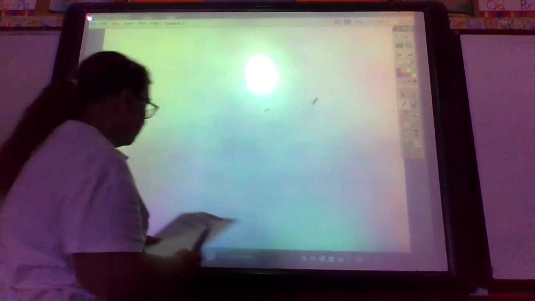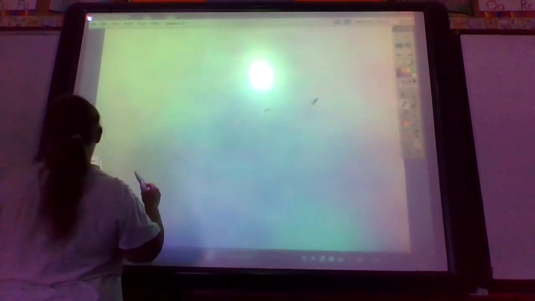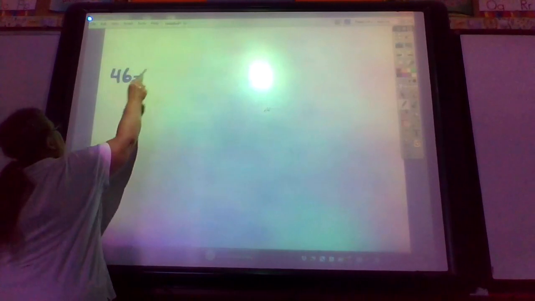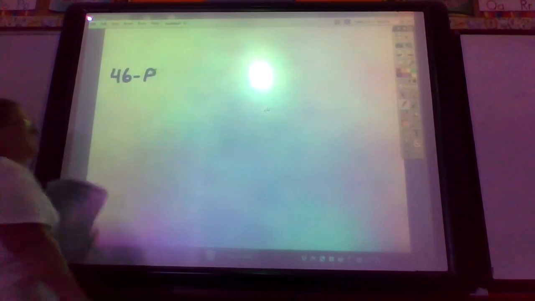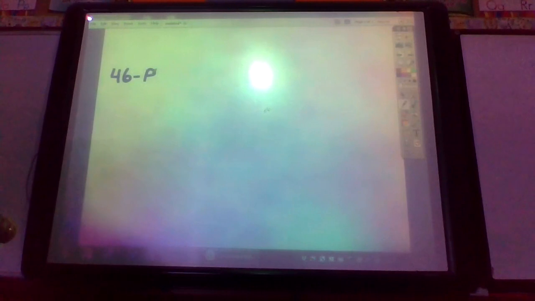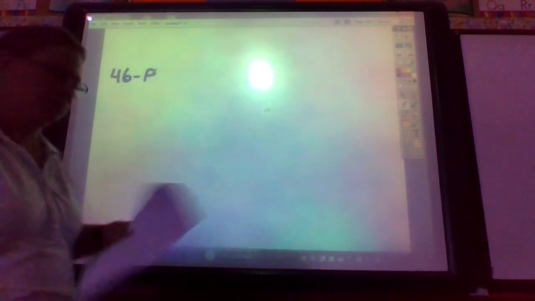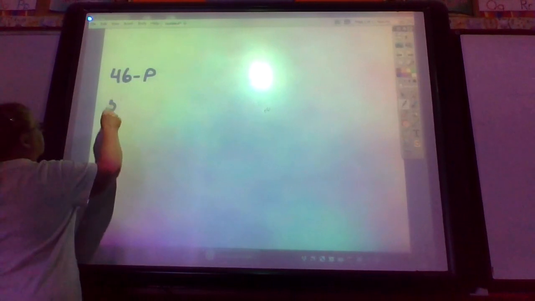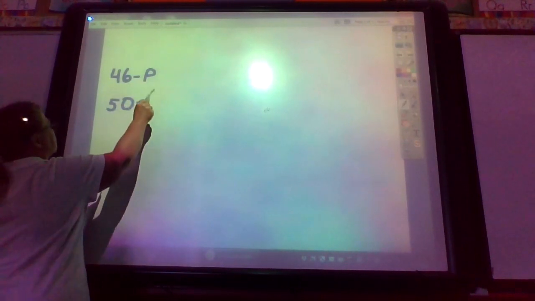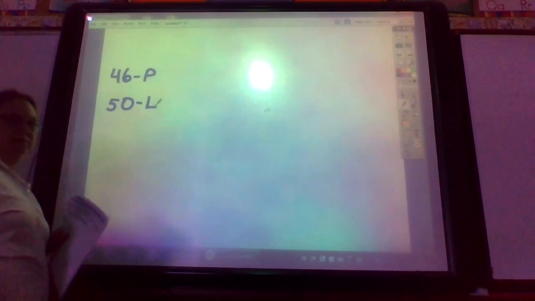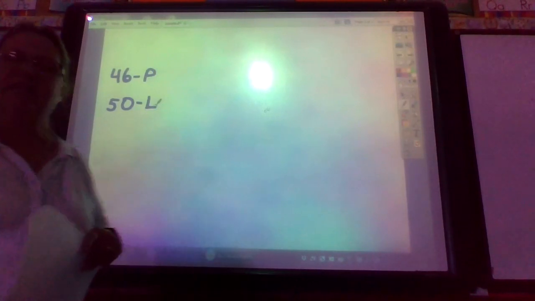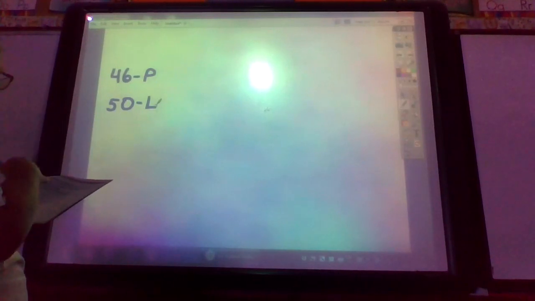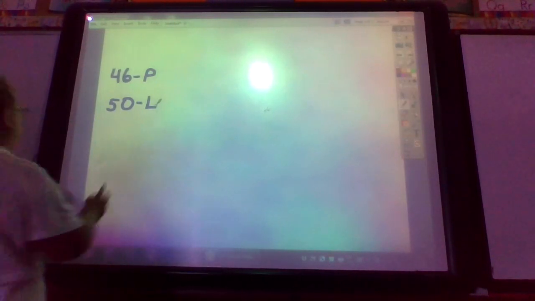So we know that Timmy the monkey picked 46 bananas. That's how many he picked. P stands for picked. So he picked 46 bananas off that tree. Then we know that there was 50 bananas left on the tree. And they are asking us the question, how many